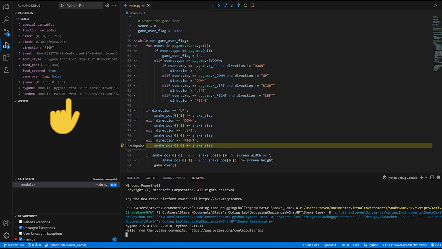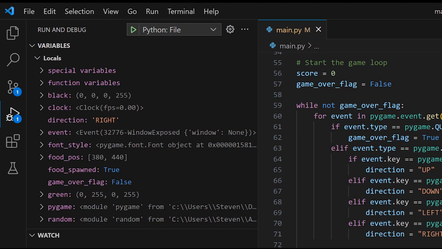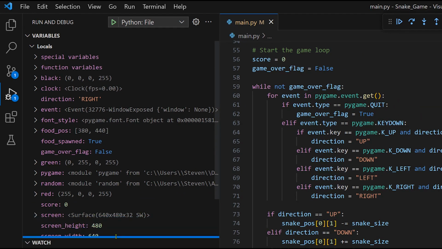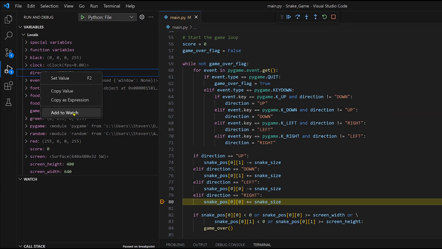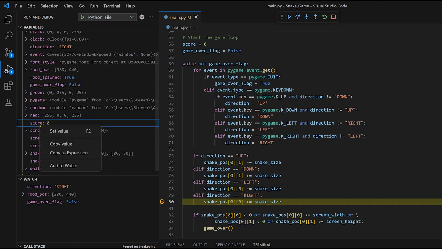On the left-hand side, we have the variables section, which displays all the local and global variables along with their current values. And what we can do here is right-click on the ones that we feel might be useful to watch or might directly affect our program bug and click on Add to Watch. This will then add them to the watch area where we can drag the most important variables to the top